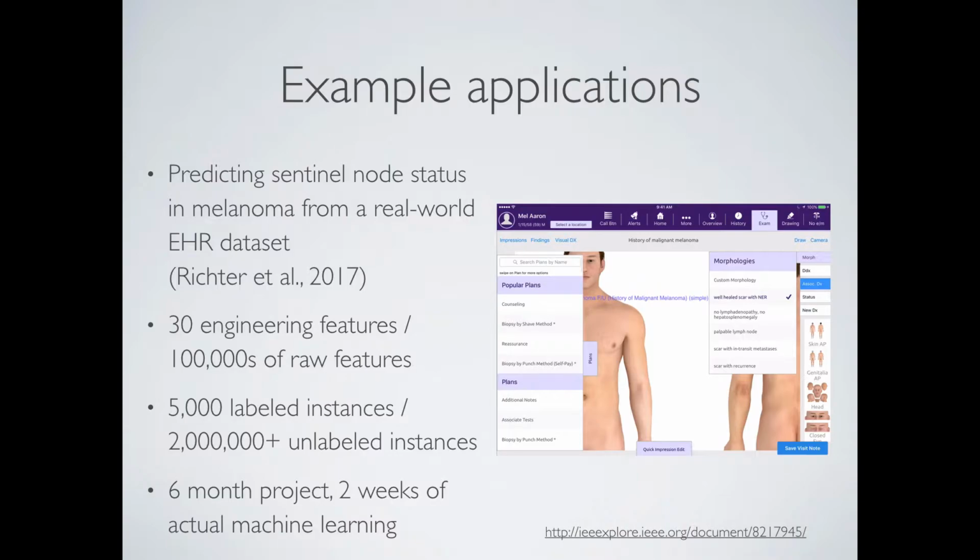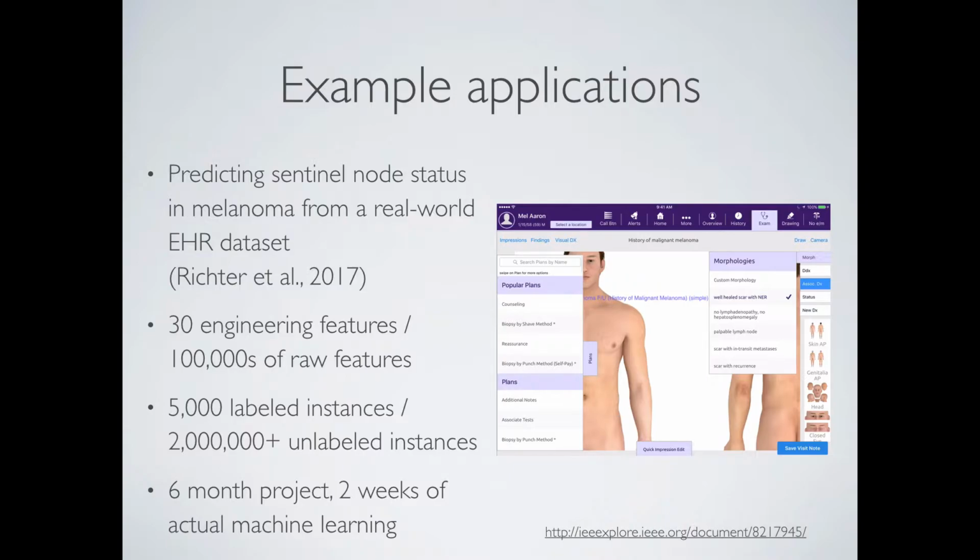So we ended up with 30 features, and for the particular problem I was trying to solve, the sentinel lymph node biopsy, I only had about 5,000 labeled instances for that variable. I have millions and millions of patient visits, but only a certain number of people have melanoma, and only a certain number of doctors opted to record this particular variable, because it's all optional.